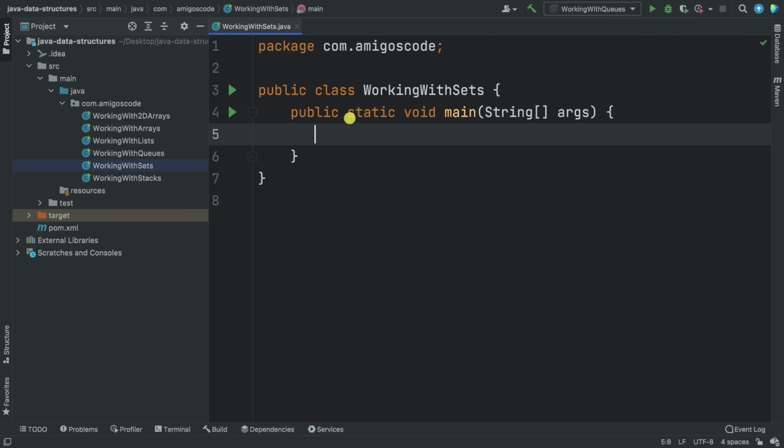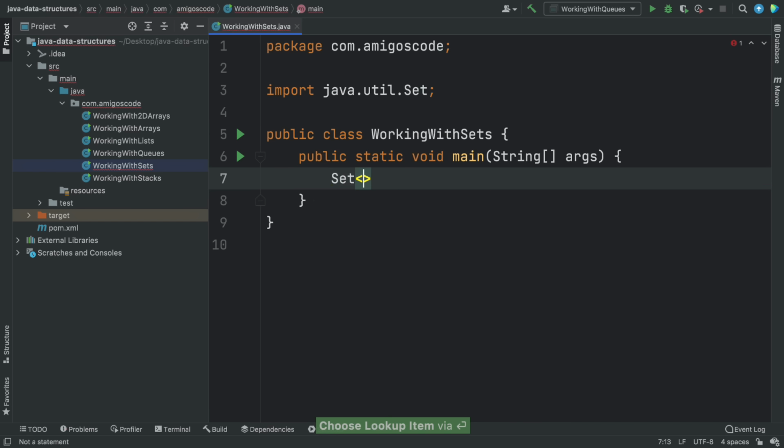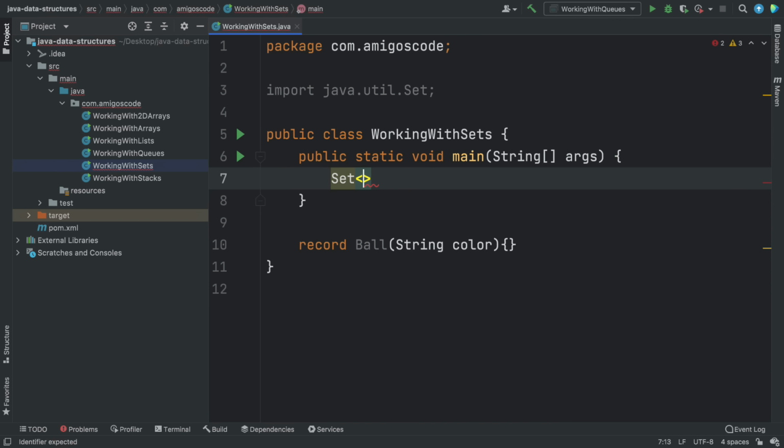So in order for us to create a new set, we basically say Set, and right here we can have the type. So let's just have a static, or we can just have a record, and this will be a Ball right here. So Ball, and inside I'm just going to have the color. So String and then color, just like this. Now here I'm going to say that we have a set of balls. There we go. So I'm going to call it balls equals, and then here I can say new,